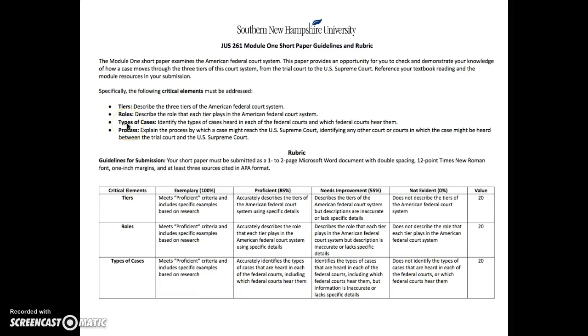And so the best thing to do is to think about a case that maybe arose from your particular area, or if there's a case that interests you, how did it reach the United States Supreme Court? One of the cases that I often discuss for this particular example is the case involving Proposition 8 in California. Proposition 8 was a proposition that was passed by the voters in California that basically said marriage is to be considered a union between a man and a woman only. And so this proposition passed in California,